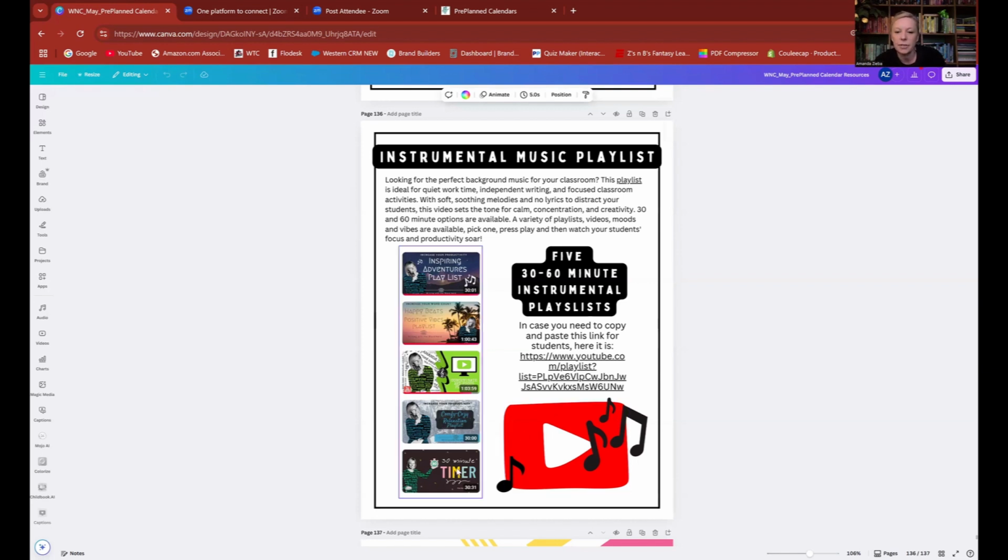And then the 30-minute timer especially is really cool because it counts down on the screen each minute, 30, 29, 28, 27. And so if you have a work time, that one is really great so that the kids can keep track of how much time they have left to accomplish a task. So yeah, all of those are there for you.